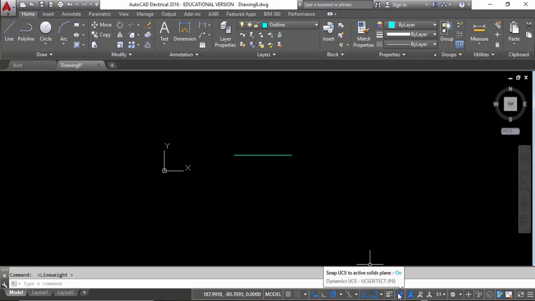The next icon is my Snap UCS to activate the solid plane. Dynamic UCS, I like to place that one on. Alright, and then after that we've got our annotation. Okay, so the show annotation objects, this I use with my layouts, the various layouts. So, and you'll see there is also scale and annotation scale. So annotation scale,